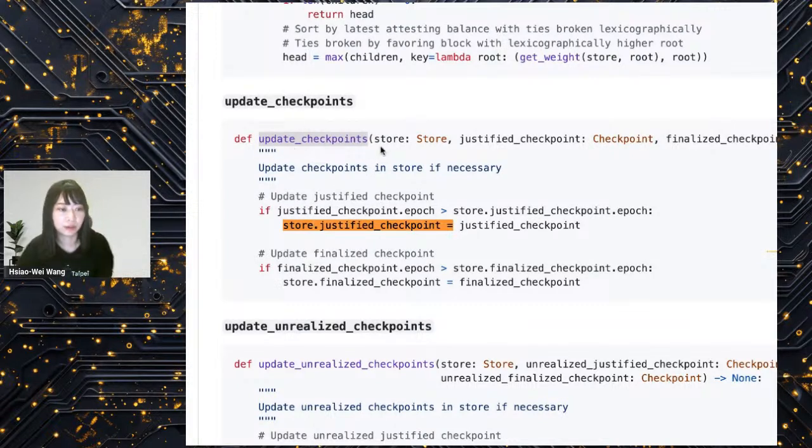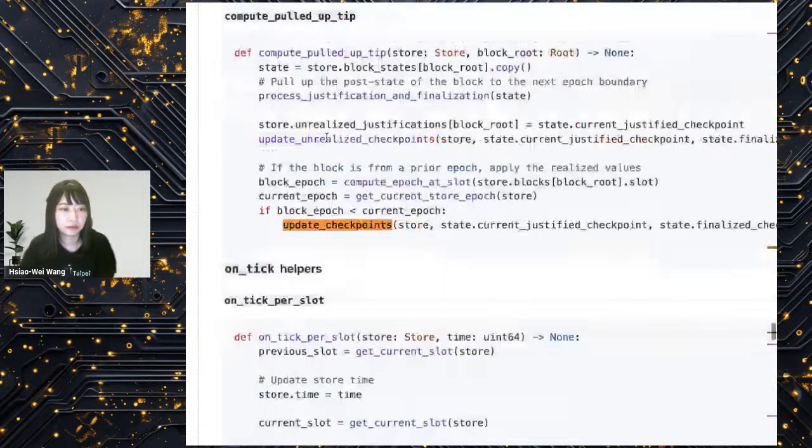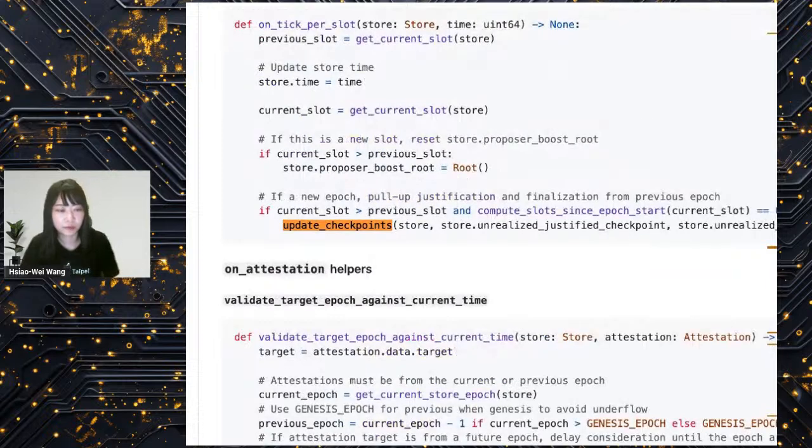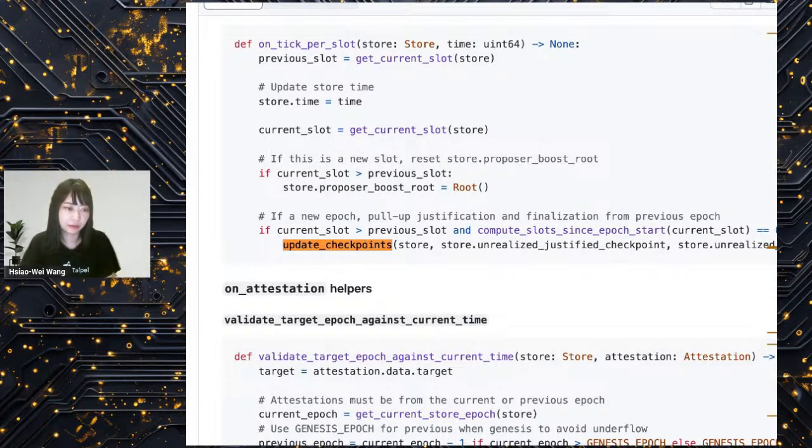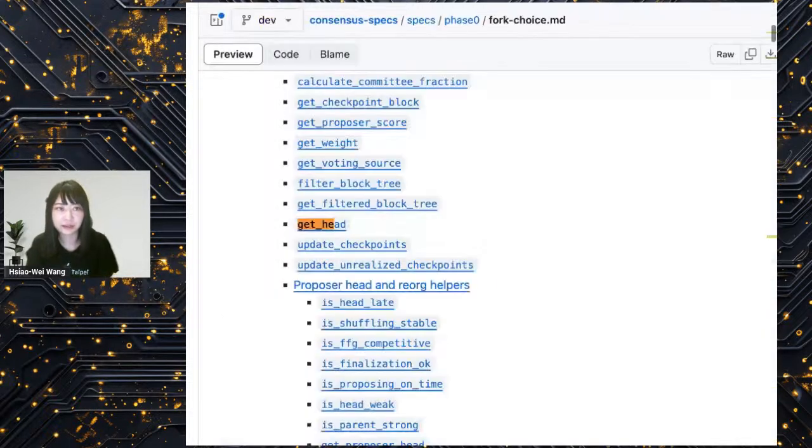So this helper will update the checkpoints. So it includes the justified checkpoint and the finalized checkpoint. And so you can see, you can search this function inside this document, and you can see where we update the checkpoints. So basically, currently the basic stable state we will use is the justified checkpoint state as the basic stable state, but there's also the head of the